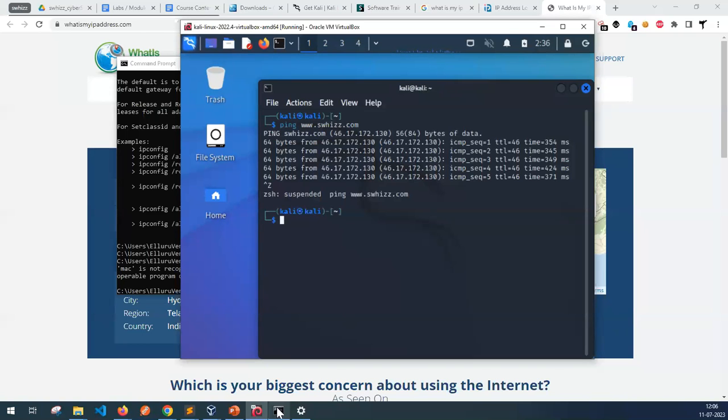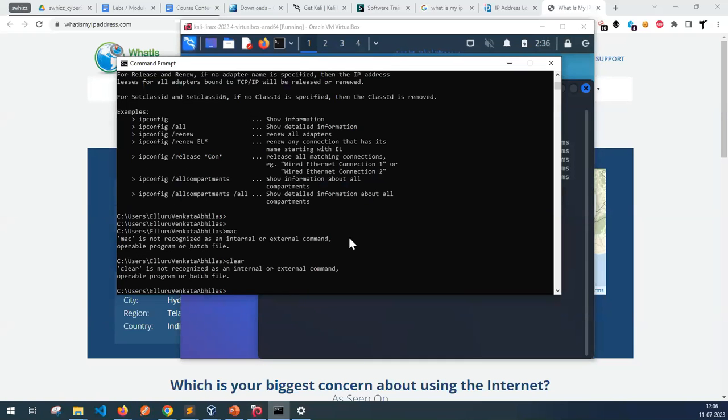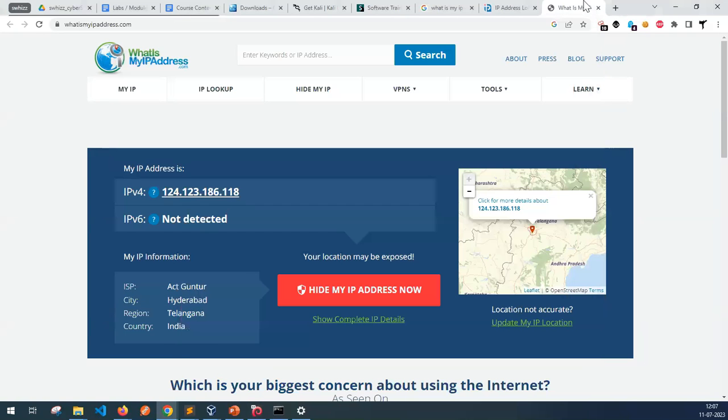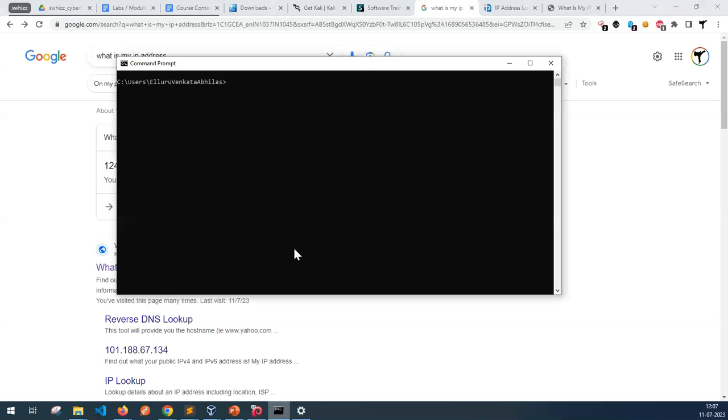Okay, there's one more thing I wanted to show you before we move further. Let's say you want to find the IP address of your system. I told you there are two ways. One is that if I click on "what is my IP address" from a Google search, I'll be able to get 124.123.118. Now, let's say I want to find the IP address via terminal, what I will do is